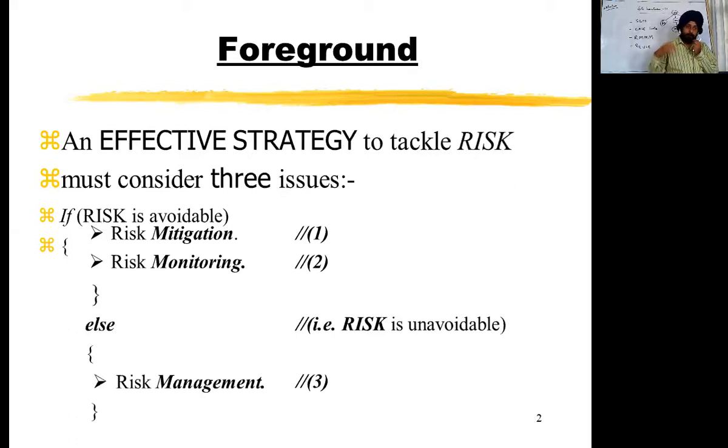The second thing is, some risks are not avoidable because they depend upon external factors. You can take care of the internal factors, but there are some factors you cannot manage. Suppose the rainy season comes. If your roof is leaking, before the rainy season you can get it repaired. You have monitored your building, pointed out the areas where water leaks, and got them repaired. This is monitoring and mitigation, avoiding the water leakage.